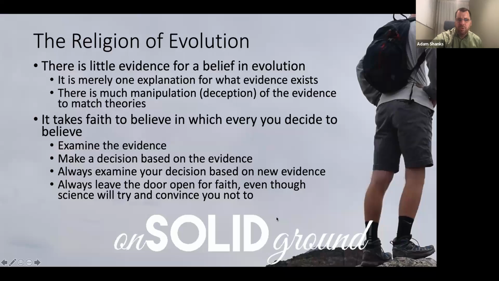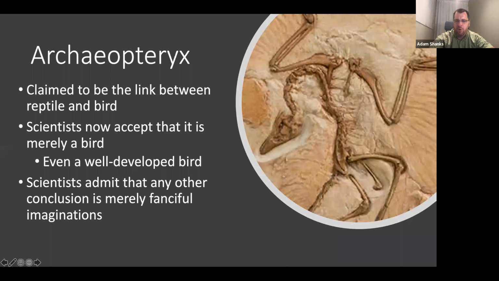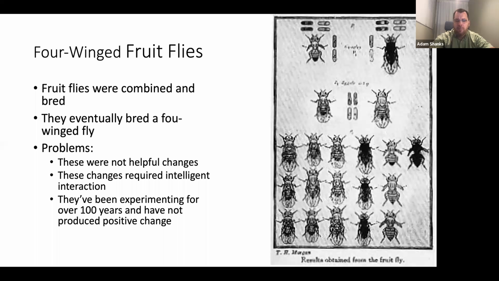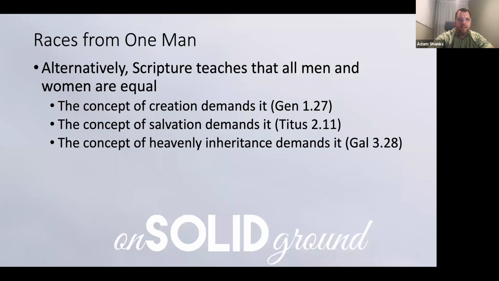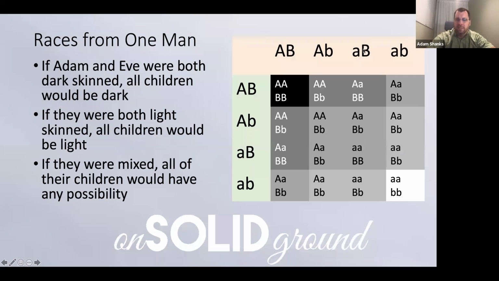Nothing? Wow. All right, well then I want to go back to talk about the race aspect that we talked about in the video that I just kind of threw in there. I believe it was Steve that asked that in the very beginning, though I could be wrong on my memory. But the idea of, where did the races come from? The Bible's answer actually doesn't answer race. The Bible answers language, but does not answer race.